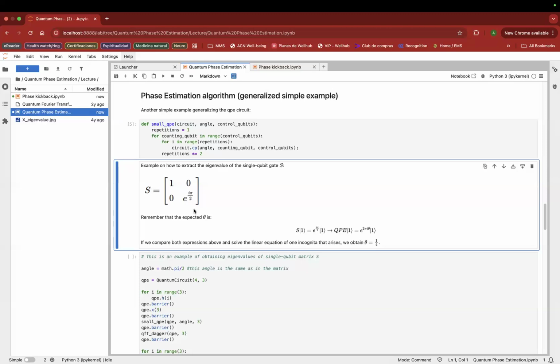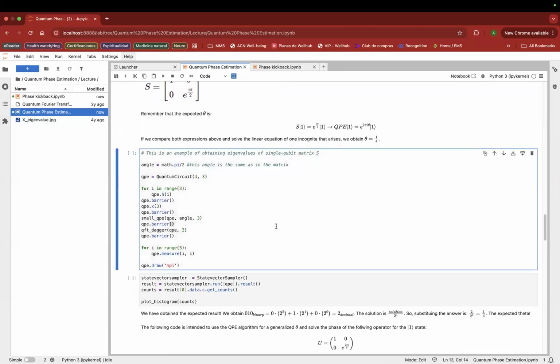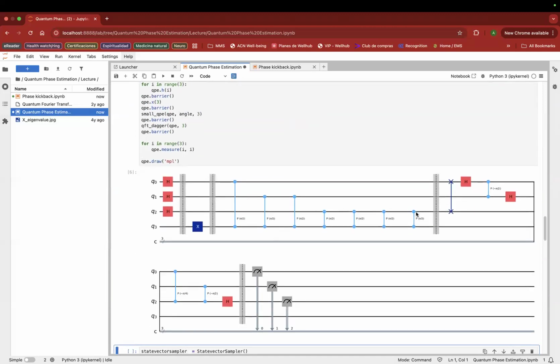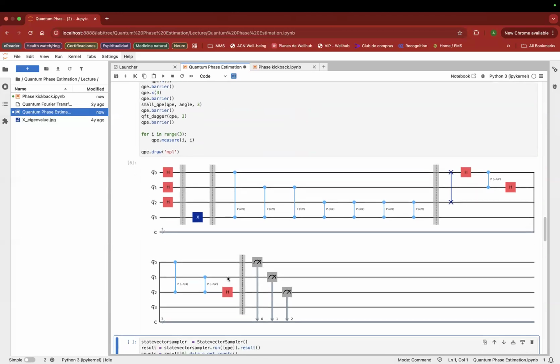But in real life, we would have a 1 million qubit quantum computer, fault tolerant, with all the deep circuits, etc. We could put any matrix we want into the quantum computer. We prepare the target qubit with the vector we want, and we would get the phase of the eigenvalue of this vector. But let's go for it. Then we have here this quantum phase estimation circuit.